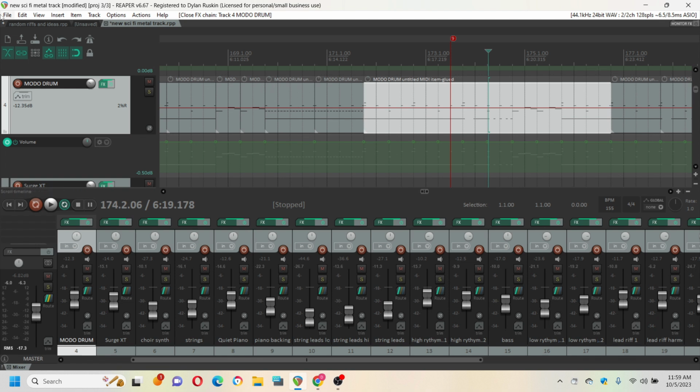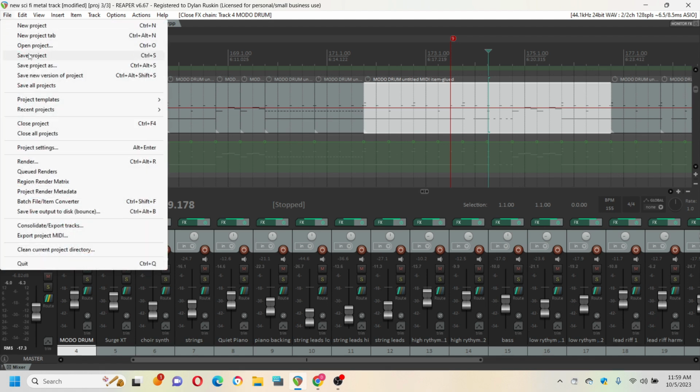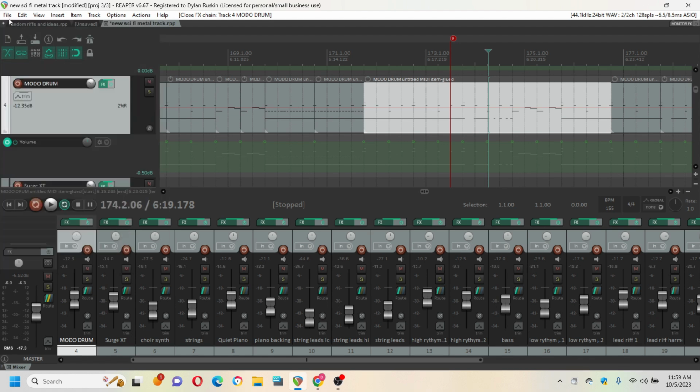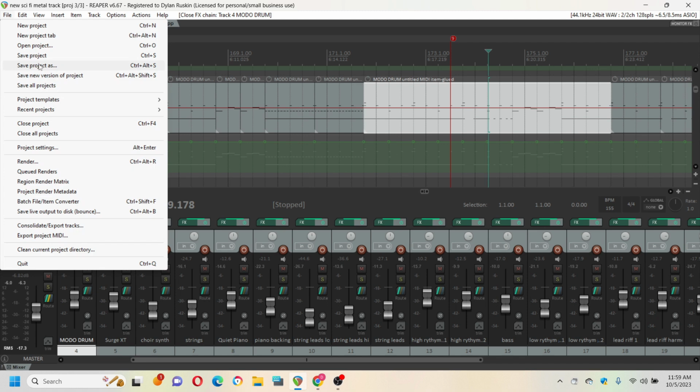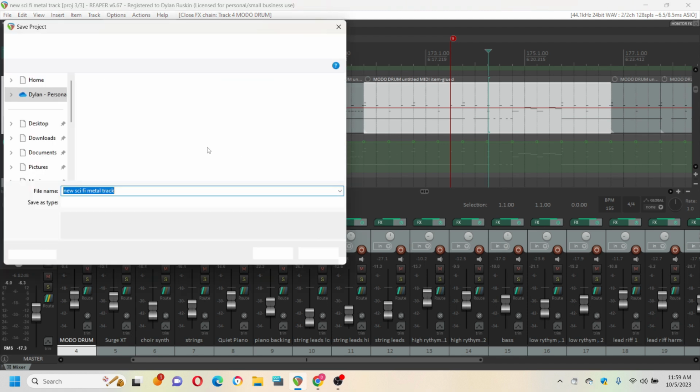And so I'm gonna save this, and then I'm gonna save a copy of it and call it the same thing, but drum routing or something, and then you can have the old one too. Does that work? Sure. All right. So I'm gonna save, and then I'm gonna go in here and do save project as, and I'm gonna call it